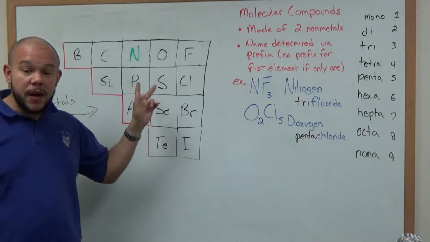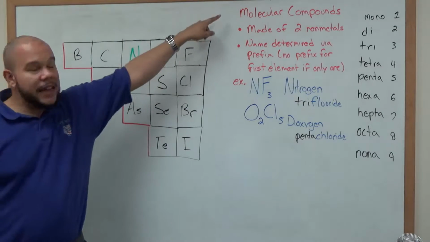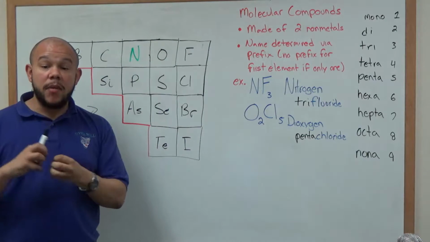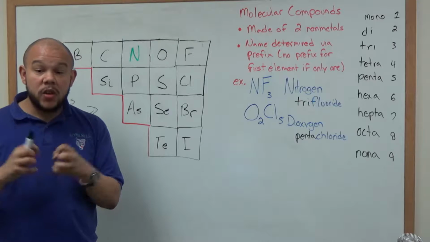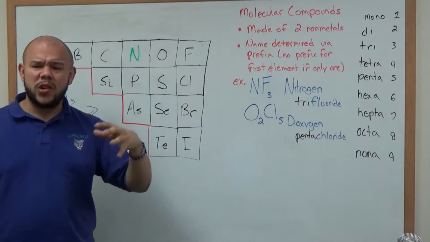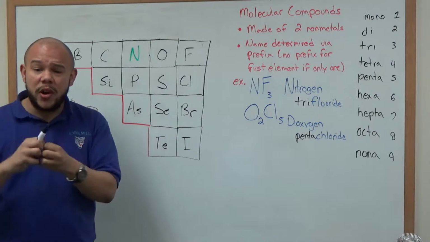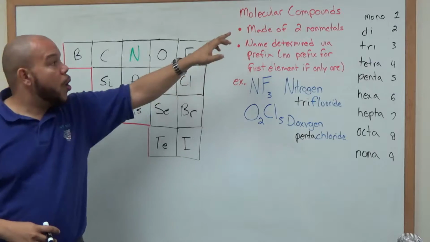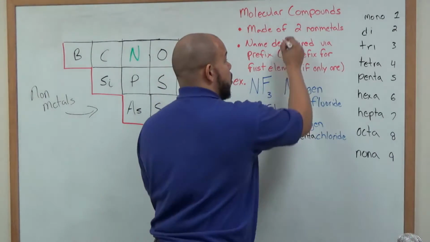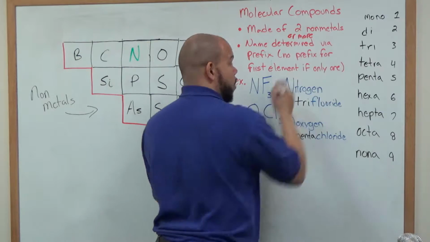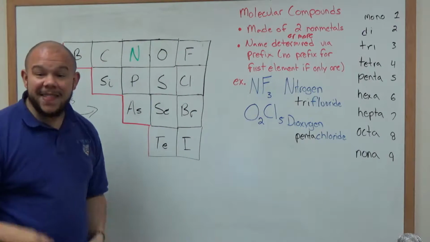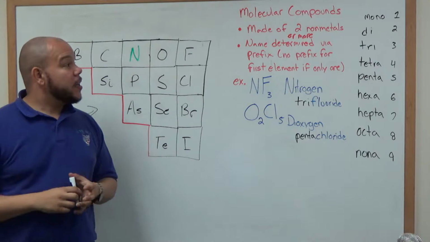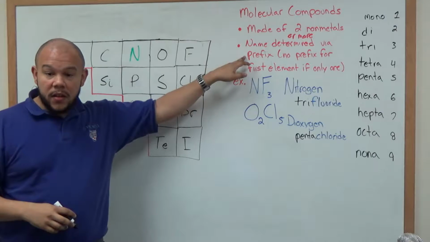If you see two nonmetals, then you need to know immediately that this is what is considered a molecular compound. That means the interaction between the nonmetals is different than the metals. Nonmetals tend to share electrons, and we'll get into this when we talk about more bonding. But nonmetals tend to share electrons. So molecular compounds are made of two or more nonmetals. This should say two or more. Two or more nonmetals. And the name for any of these has to be determined by a prefix which is